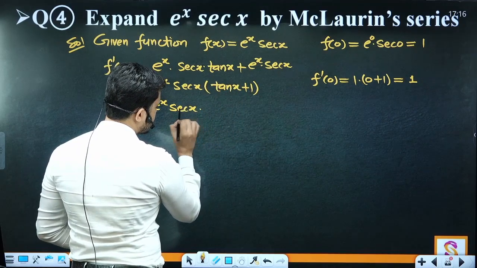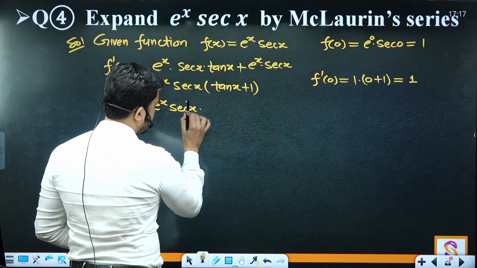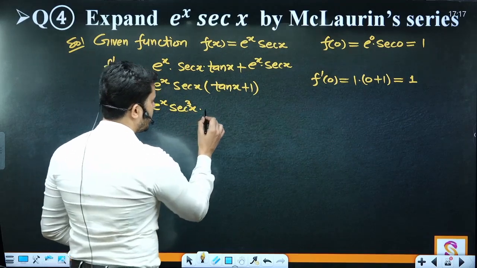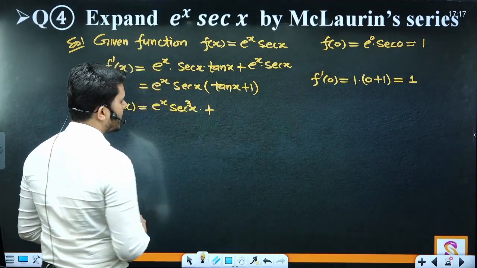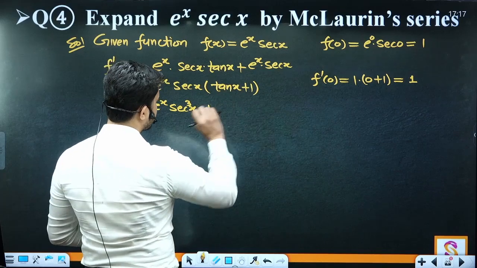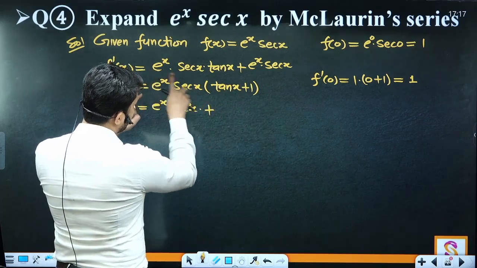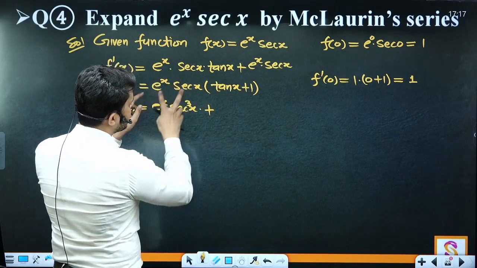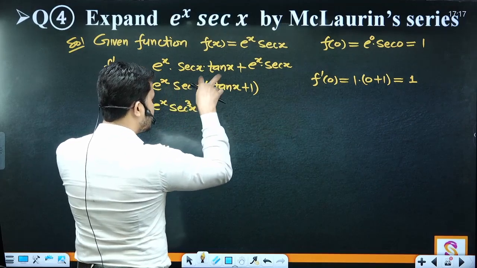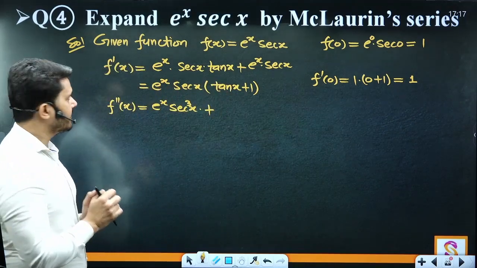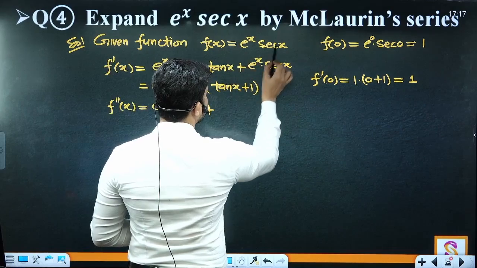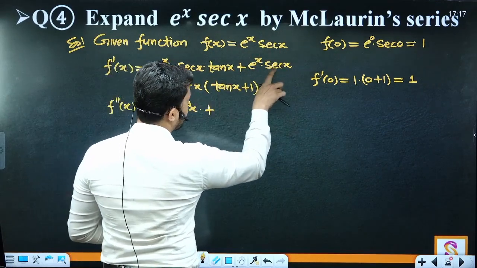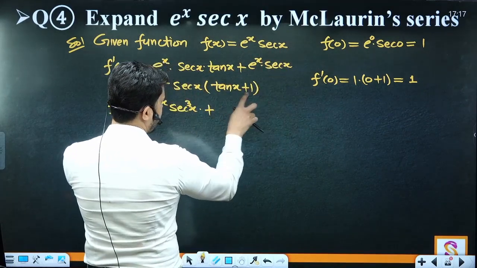तो ये क्या है, sec and sec square यहाँ से, तो it will be sec cube x plus. Now tan x plus 1 as it is, tan x plus 1 as it is, and differentiation of this e to the power x sec x. तो e to the power sec x का differentiation का आपको पता होगा, यही आएगा वापस से. देखो ना, e to the power x sec x को differentiate करके आप ये लेके आए, कॉमन लेकर ये बना.